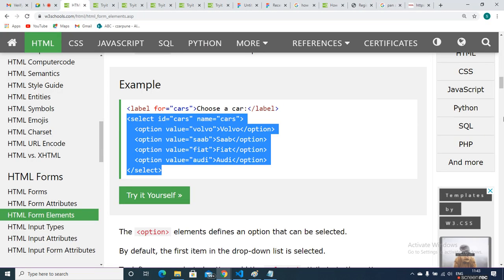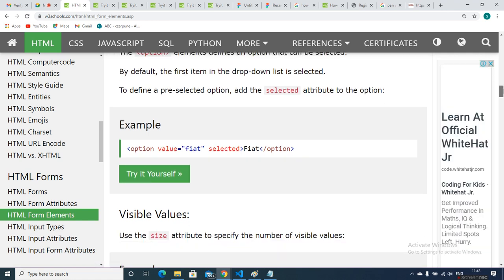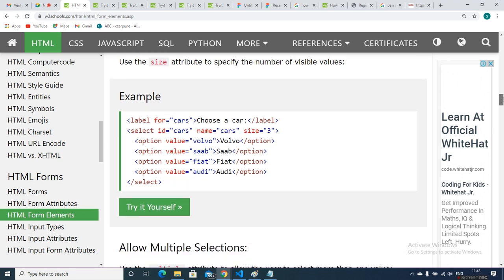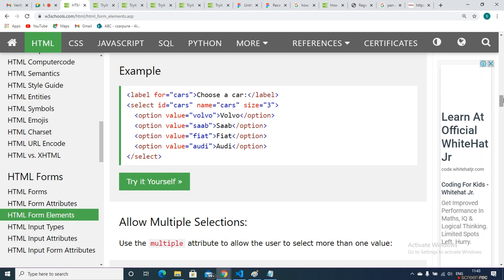So we'll go to the next tag. Here we can see select id cars name, and here size is given, meaning this select element has the attribute size 3.